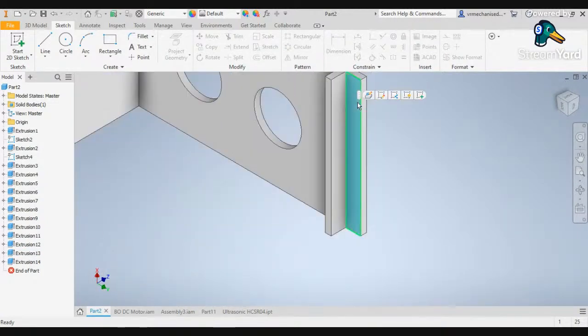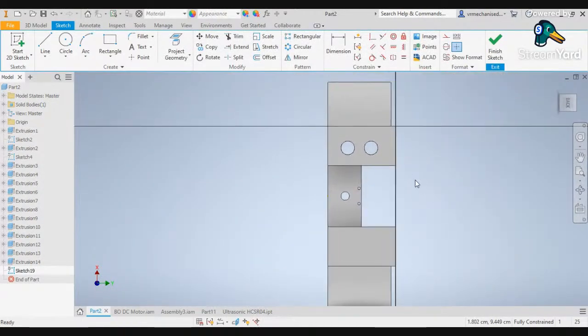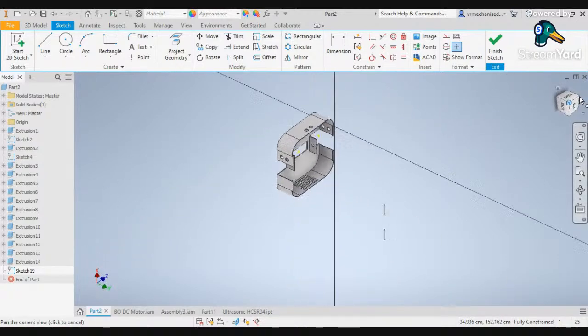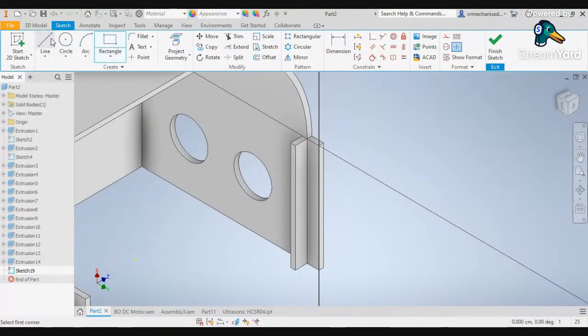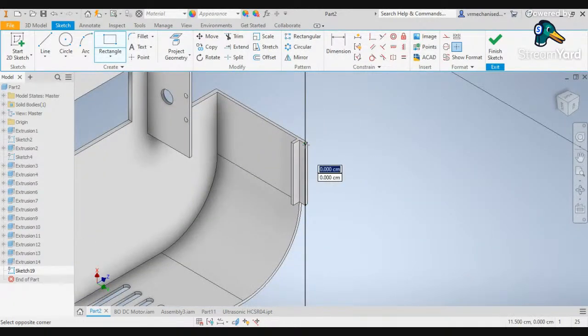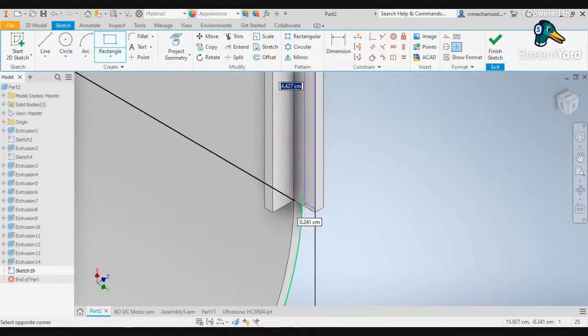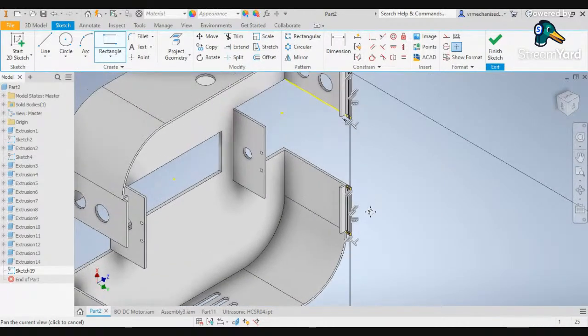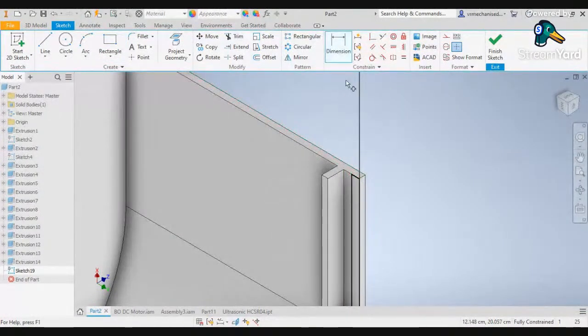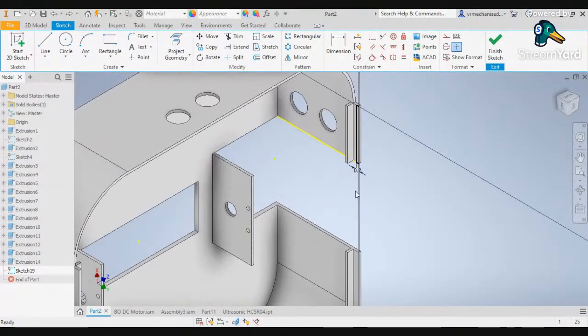So for the sliding door, we are going to draw the other support. Change the view. 0.3